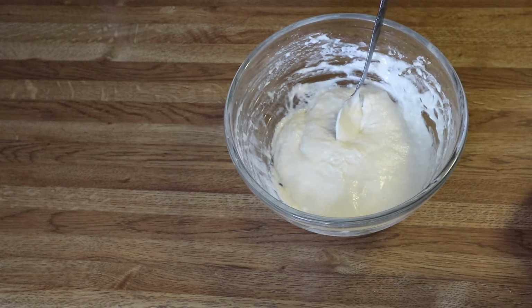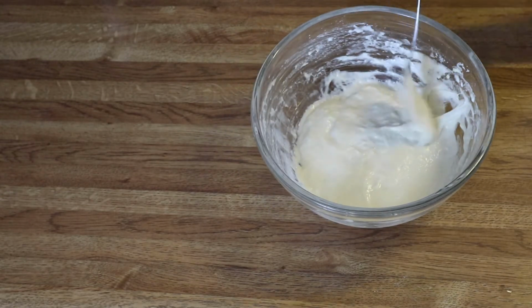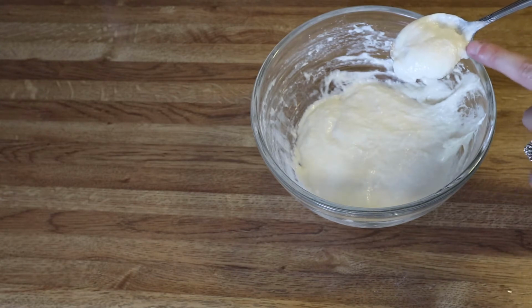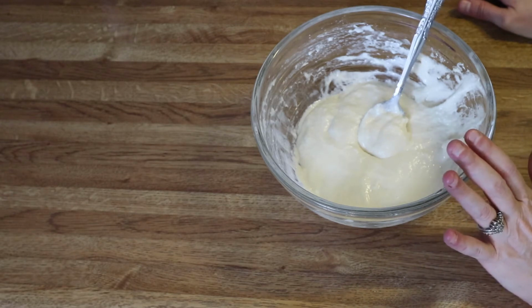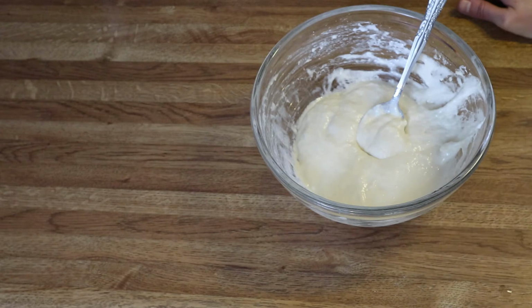And then we're just going to bring a pot of water to a boil, add some salt, and then you're just going to take little spoonfuls of this. I guess you could say about that much, about 1/2 to 3/4 of a teaspoon, and then you're just going to drop these into the hot boiling water and let them cook. And when they float up, you're going to take them out and place them on a plate to drain, or you can just put them in a colander to drain, and then